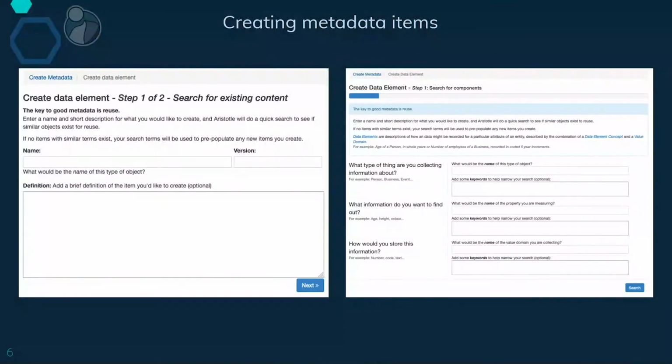Creating metadata, as we said, there's two different ways you can do it. Towards the bottom of the screen, if you want to create a single piece of content, it steps you through two steps. The first step is entering a name and a definition. And as we said in the last training session, it'll go off and try and find extra content that already